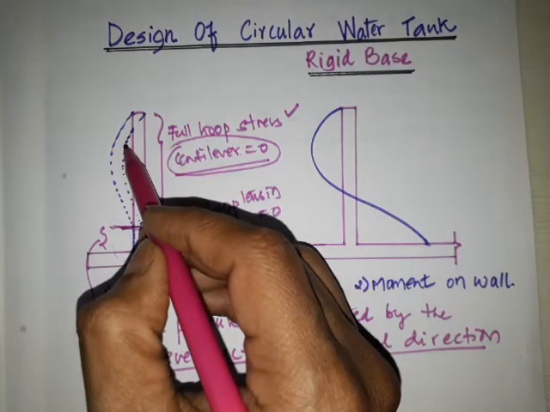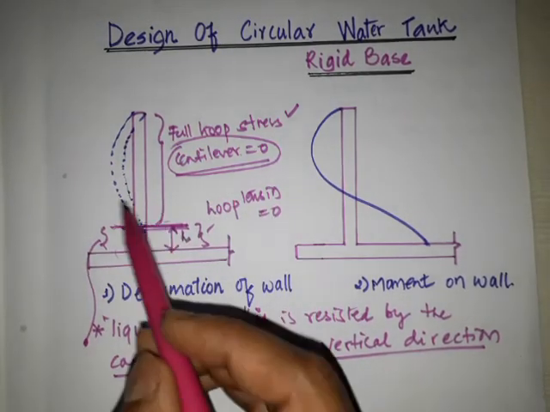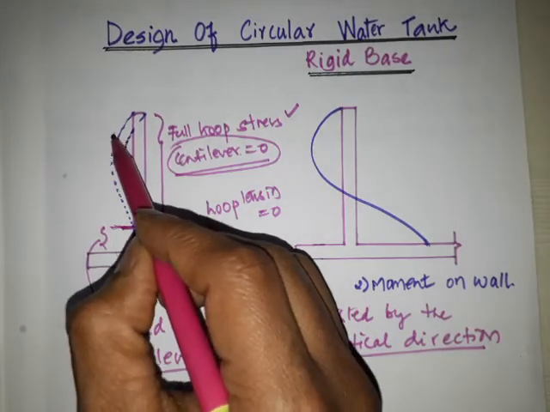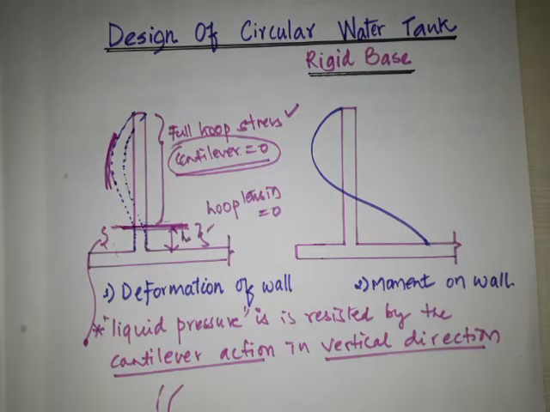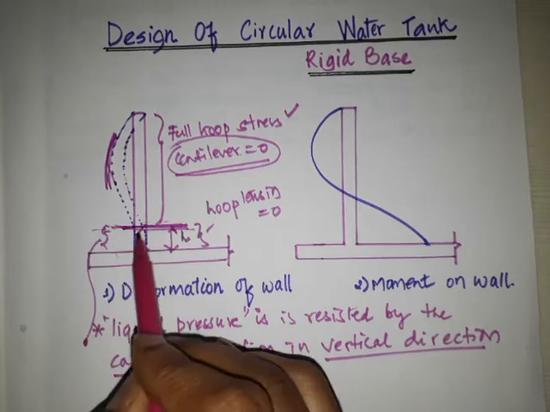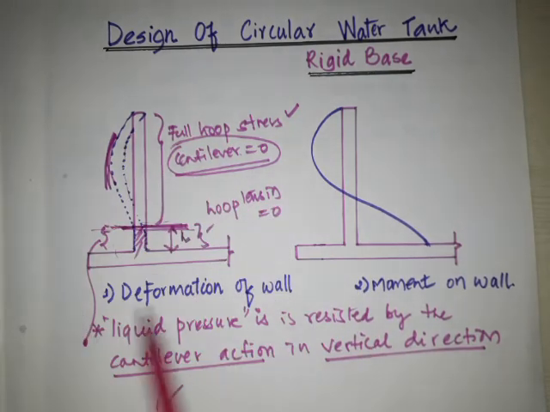You can see here the buckling or the bulging of walls because of the water pressure. The walls bulge and we have the maximum hoop tension in this zone. Correct? There will be no cantilever action here. Cantilever action will be only at this level, only up to this level. Okay, because of fixity. Understood? So this is regarding the deformation of the wall. This is very important to understand how the wall will behave because of the fixity at the base.